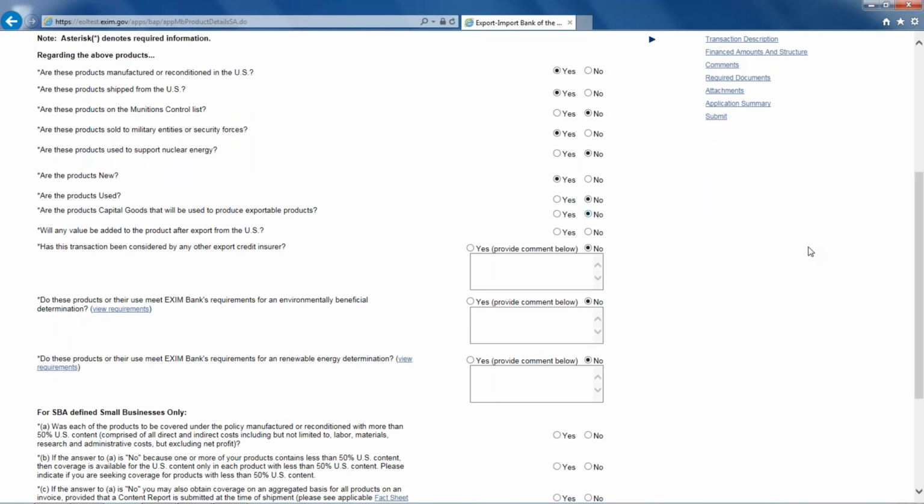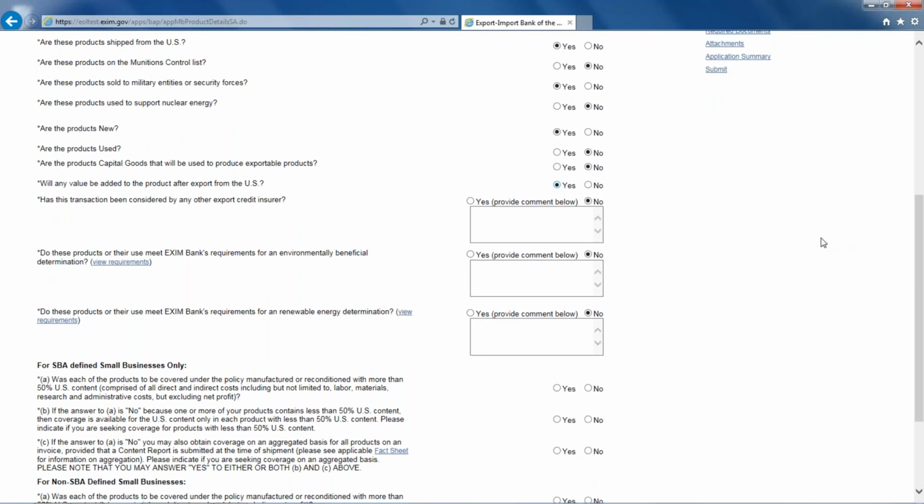Will any value be added to the product after export from the U.S.? Let's check yes and see what happens. Has the transaction been considered for any other export credit insurer? No. Do these products or their use meet Ex-Im Bank's requirements for environmentally beneficial determination?